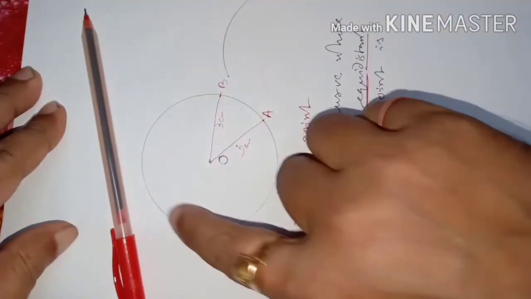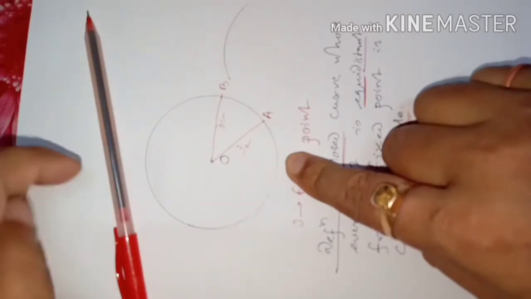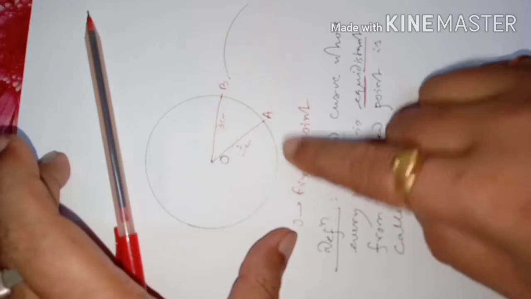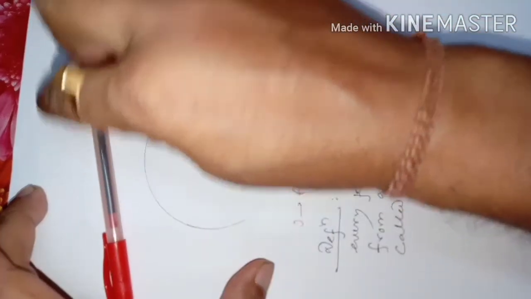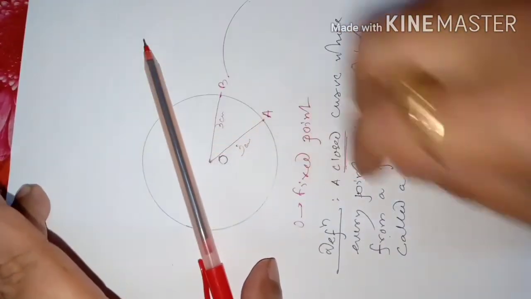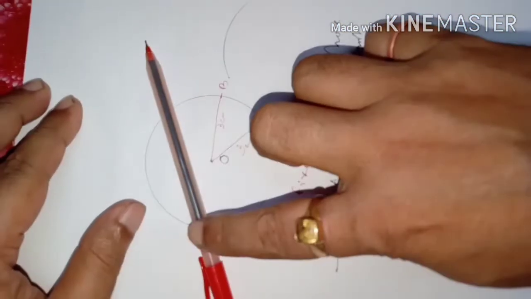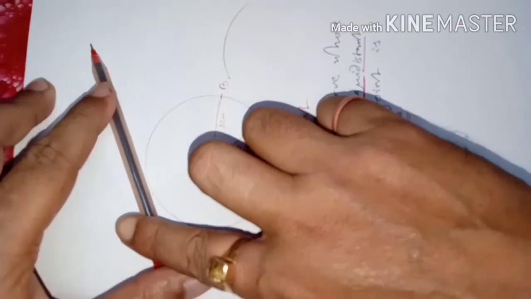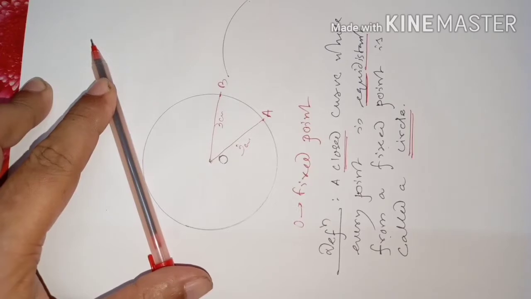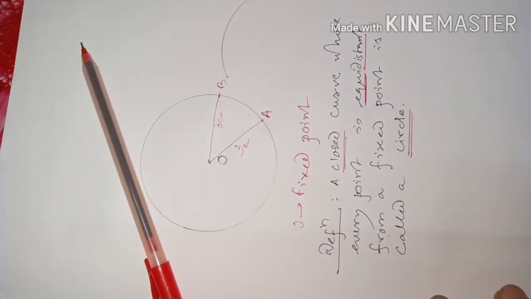Suppose this is a cycle ring, and this is a long stick. When both the objects are lying on the ground, there are three possibilities. One possibility is that the stick may not touch the ring. Another possibility is that the stick may touch the ring at two places, going across the whole ring, touching here and here. Or it may touch the ring exactly at one point from outside. So that is what we are going to talk about here in our discussion.